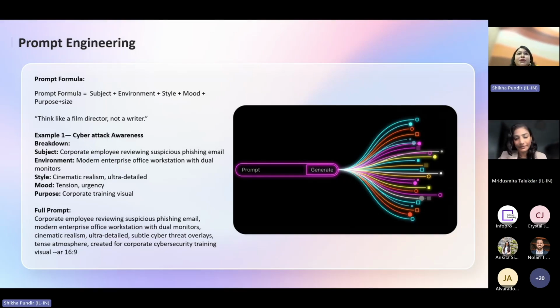Ultimately, towards the end, we have to put the purpose, like why we are creating this, whether we want to create a visual training, a corporate training, or some kind of video for ad purposes, or any kind of purpose, right? We have to give that indication in the prompt. You can see the live example of the prompt at the bottom. And with this, we also have to give the size to the AI tools, like a ratio of 16:9, portrait mode, or some other size.